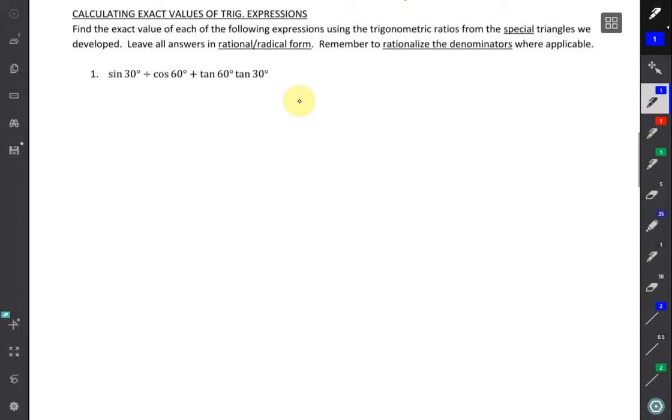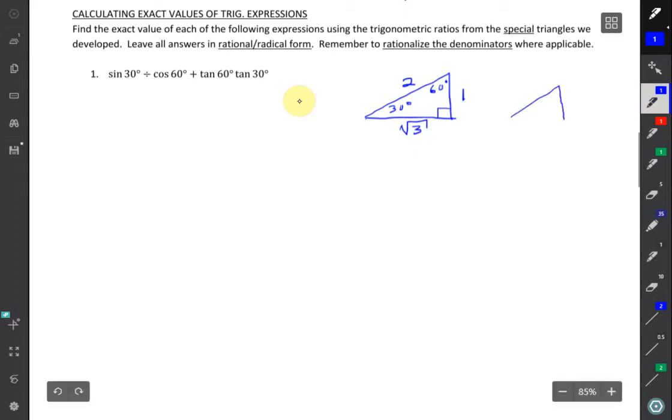So what we're going to need here is to be able to draw the triangles and label them as a reference. So there's the 1, 2, 3. Remember that's a 60, 30. So I'm going to sketch a triangle here. 30 degrees, 60 degrees, and it's the 1, 2, 3. The 1 is the smallest side opposite the 30, the 2 is the hypotenuse, and then the root 3 is across from the 60. For the 45, it's isosceles, so it has 2 legs that are the same size,